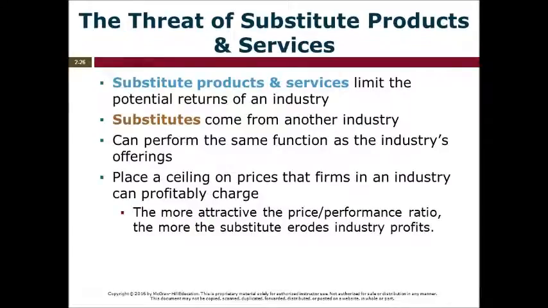Okay, let's talk about substitutes for a minute. Every industry has some substitute. Sports have a substitute. You know, major leagues versus minor league baseball, for example. Minor leagues is a substitute for the major leagues in a way. IHL versus NHL on a hockey level. Okay, so in cars we don't have a lot of substitutes. We have bicycles, we have motorcycles, etc. Substitutes drive prices and profits down, and they are a large competitive threat, and that's the main issue here.